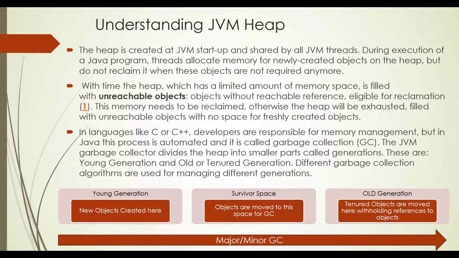The JVM will use the default settings. Now, what are the default settings? It varies from operating system to operating system and from processor architecture to processor architecture. Meaning, if you have a 32-bit Windows operating system, the default JVM maximum heap memory settings will be different. If you have a 64-bit Windows operating system, the default settings for your JVM heap are different.